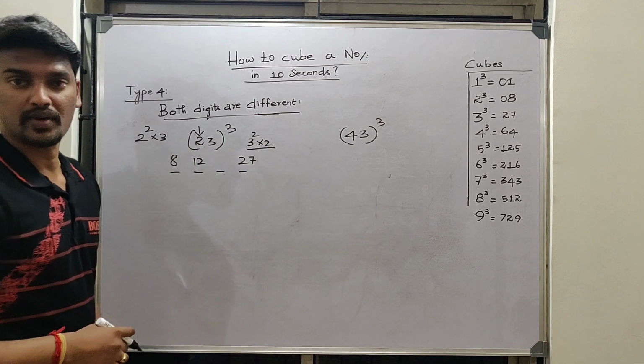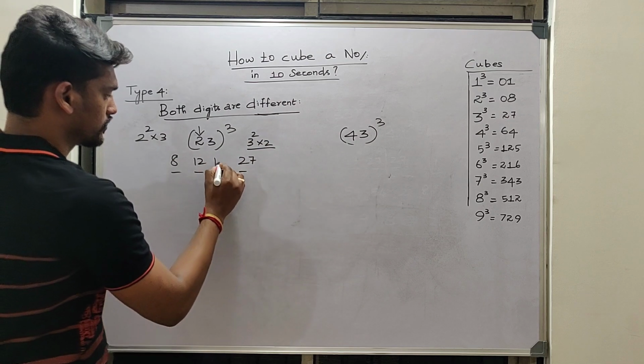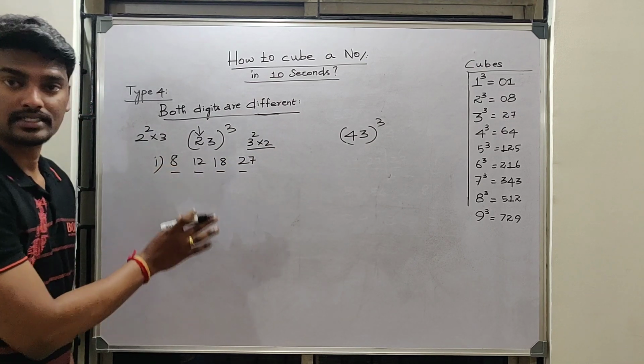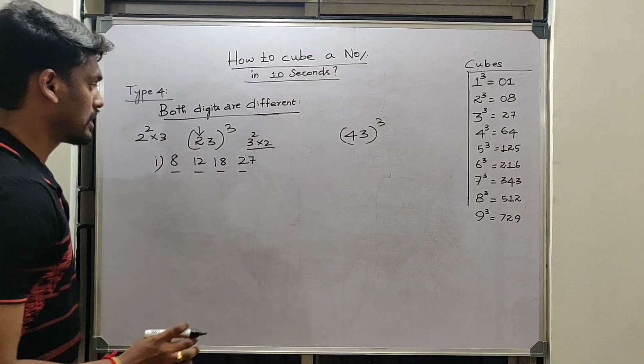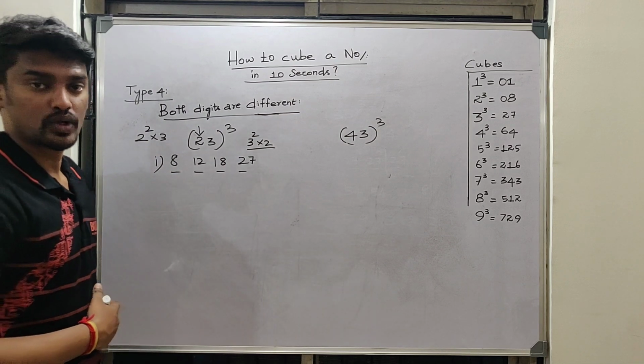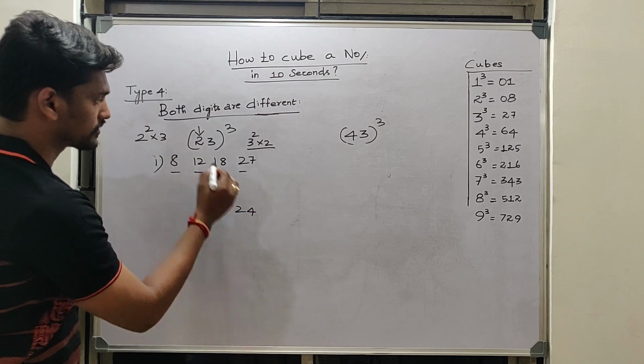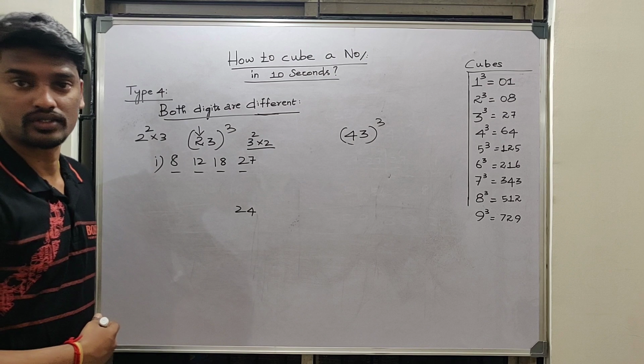So we know that 3 square is 9 and 9 into 2 it is 18. So that's all. If you are writing the first step, then rest all the steps are same. Okay. And some people will be having a confusion over here. So what if 24 is written? Okay, instead of 23, what if 24 is written?